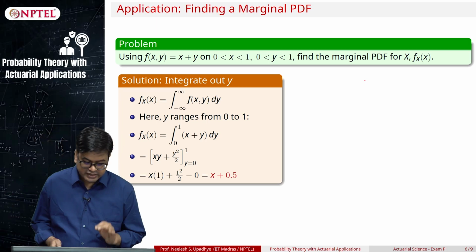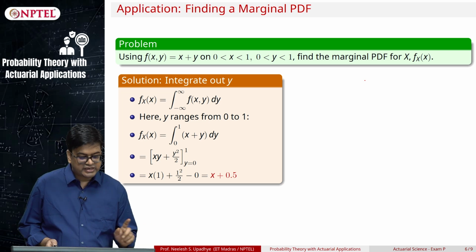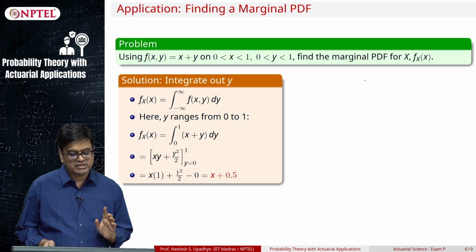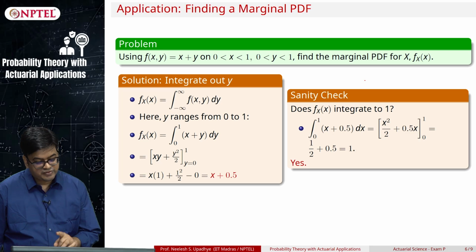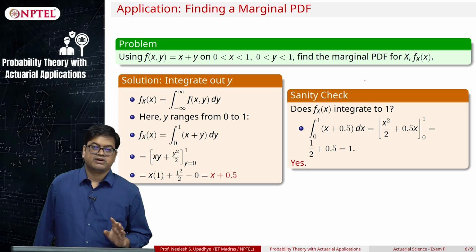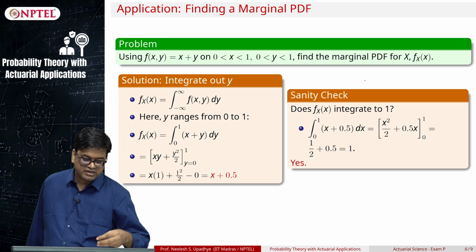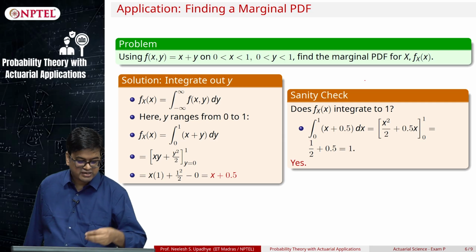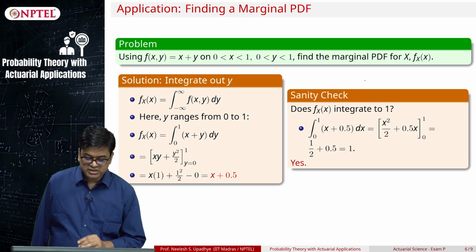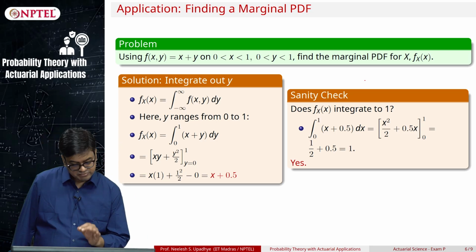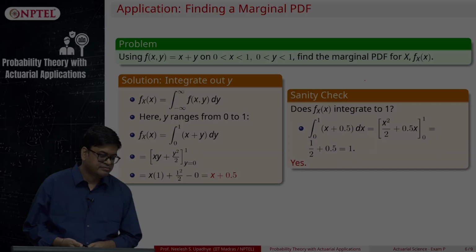One sanity check that you can do when you are doing these kinds of integrals is to integrate f x of x dx from minus infinity to infinity and check whether the sum is coming to 1. If it is coming to 1, the marginal that you have figured out is correct. Essentially, I am checking whether f x y dx dy together is coming to 1 or not, that is all. This is important, this is a sanity check. If you do that, then your life is easy and you are guaranteed that your answer is correct.